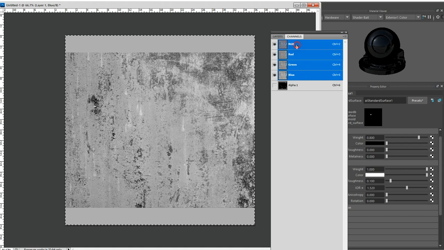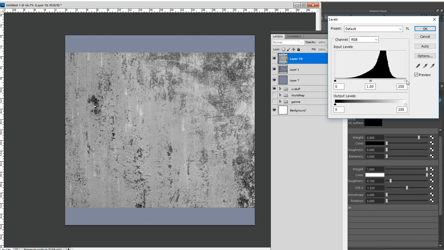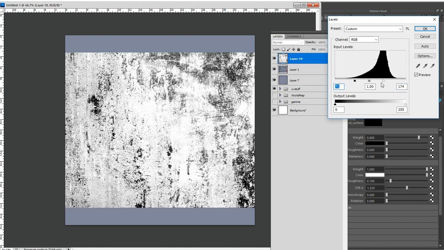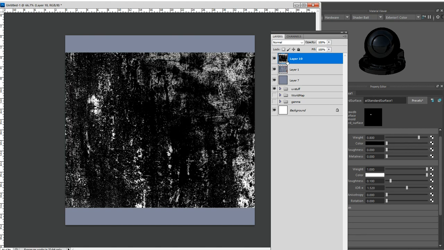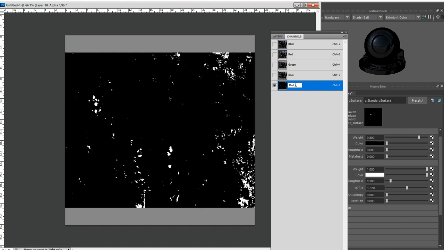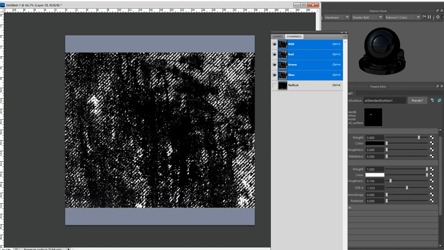Control A, Control C, Control Shift V to paste in place, and then just going to Image, Adjustments, Levels again, and just boosting that again to isolate those sections where it's more rough. And that's an inverse of the selection, so I'm just going to Control I to invert that. And maybe I'll label this one red rust. Control click this one, store it,